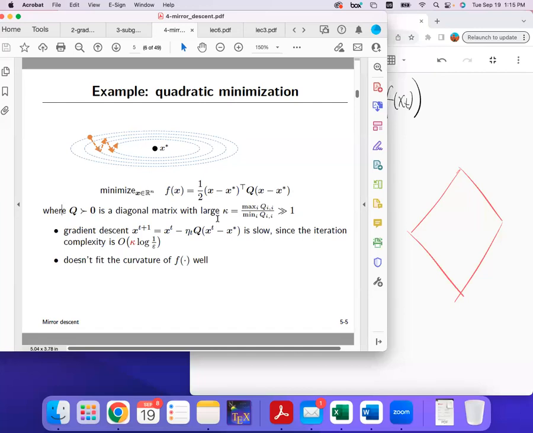And in the previous lectures, we have shown that if this matrix has a large condition number, denote kappa as the condition number of this matrix, which is the largest eigenvalue over the minimum eigenvalue, in this case, gradient descent has a slow convergence because previously we have shown that